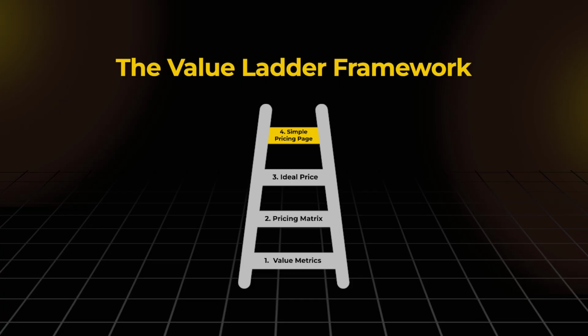Now, the last step of the value ladder framework is really just putting everything together. This is where we build a simple pricing page, and we also add in a headline that positions the price of what you do and makes it look like a great deal. We add in the pricing matrix, the FAQs, your value metrics, and we also add in some optional elements like testimonials or any guarantees that you have based on what are the biggest objections of what prevents people from buying your product. And this is my favorite part because it's like, ta-da, everything comes together and you can finally see